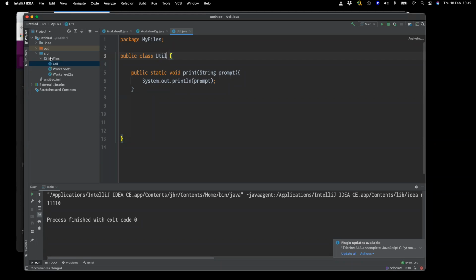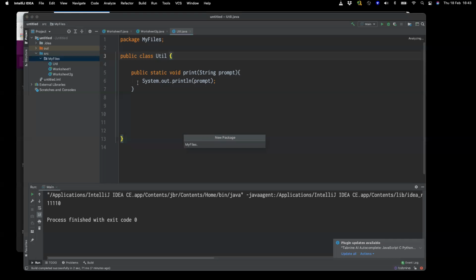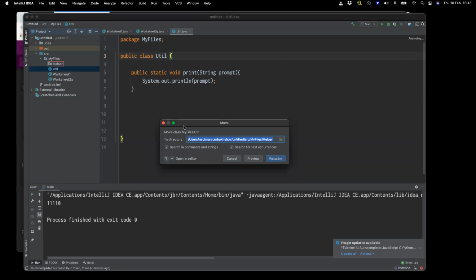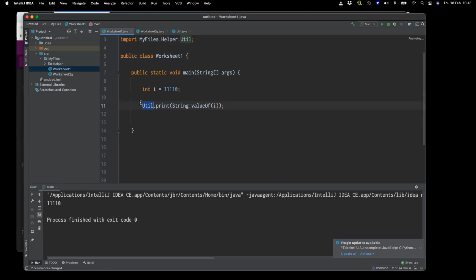If it's in the same folder, the same package, like it is here, the trick to do it is you create it in the same folder, then do this. Create a new package, and you could create this my files helper, right? If I created that, then I grabbed my utils and I dragged it into that helper and then said refactor it, what you should notice is that it creates an import statement for it.